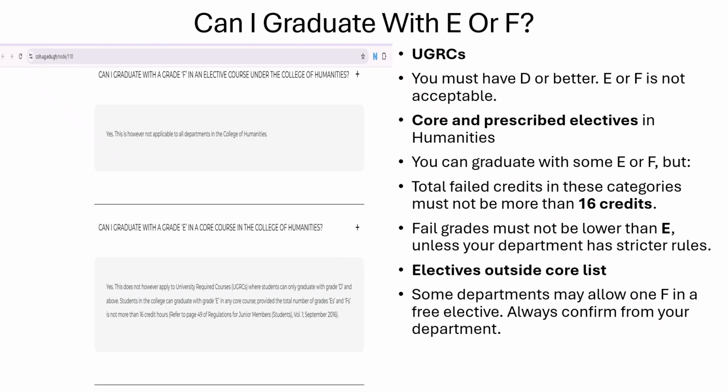The question: can I graduate with a grade F in an elective course under the College of Humanities and the College of Education? Good. So the answer over here was: yes. This, however, is not applicable to all departments in the College of Humanities or College of Education. So this is what I'm going to advise you. If you have an F,